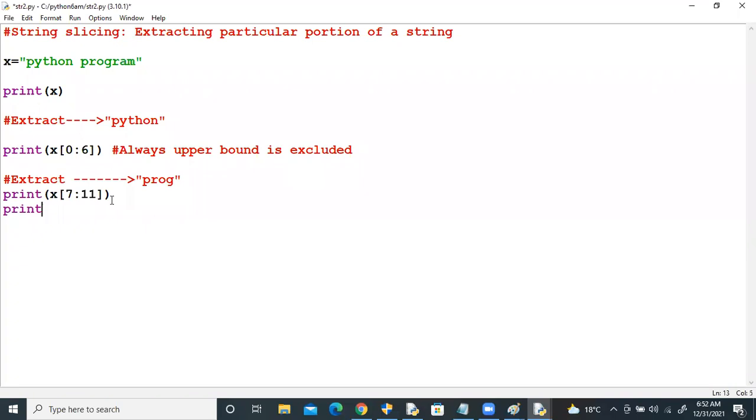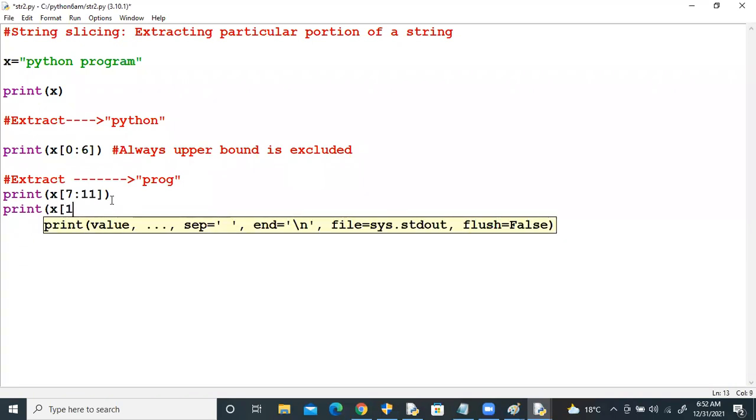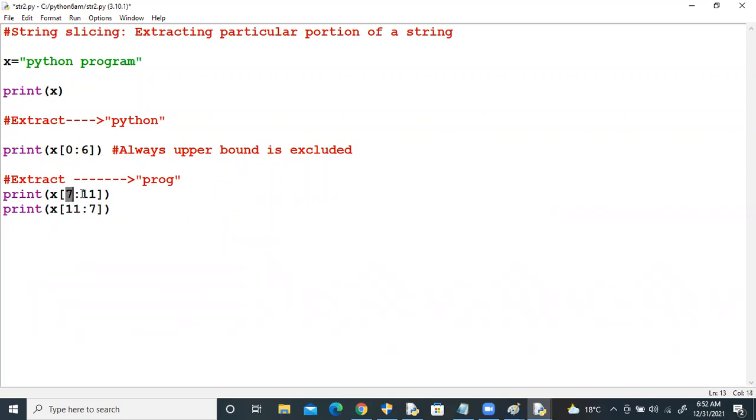If I say in opposite manner, print x of 11 to 7. 7 to 11 means P, R, O, G. If I say the opposite way, 11 to 7, the output is GORP, right? GORP, no. You will get here